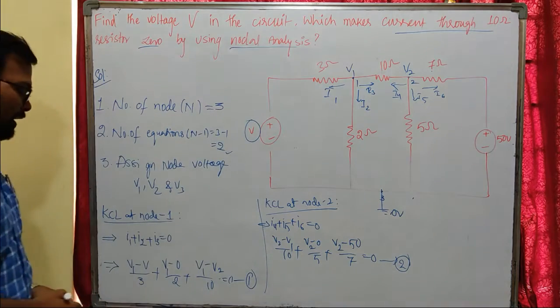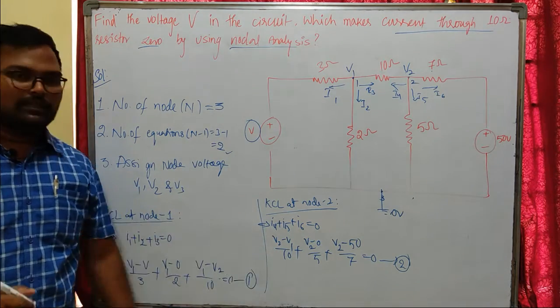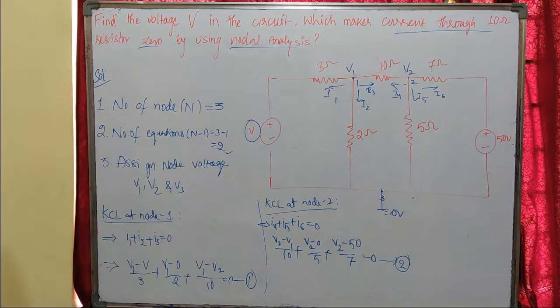So you will be having two variables V1 and V2 in the first equation as well as V1 and V2 in the second equation. So you can solve the equations as two-variable equations. You can put the values into the calculator and get the values. Then we will be having the third equation, that is